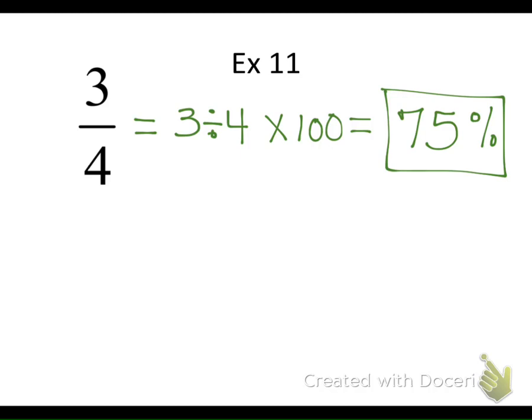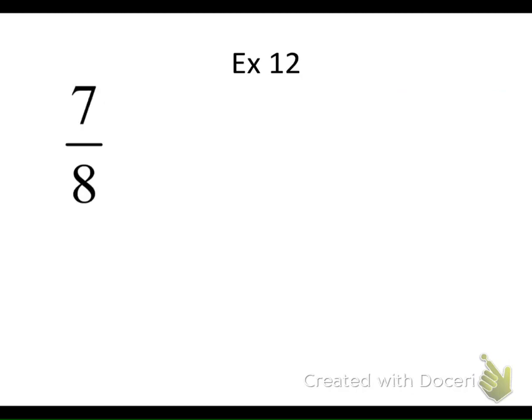Good. Can we do the next one on our own? No. Last one. So change the fraction to a percent. What do I do first? I first change that fraction to a decimal. How do I do that, Darius? There you go, 7 divided by 8. Then I change that decimal to a percent by doing what? By 100. So if you take 7 divided by 8 times 100, what do you get? 87.5